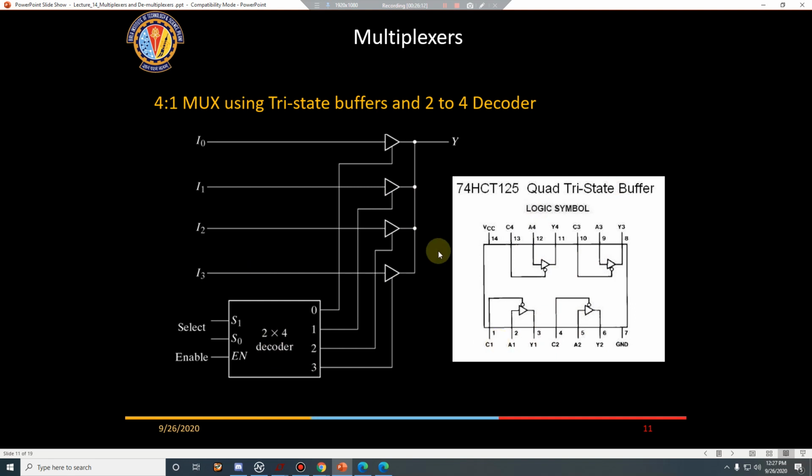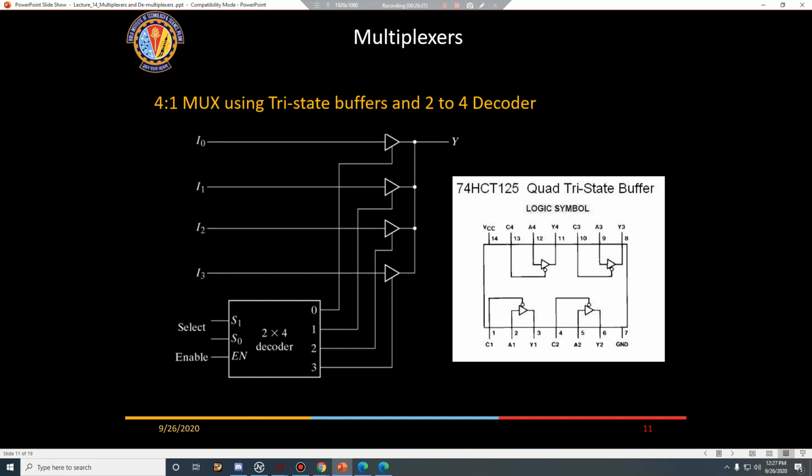And we don't need an OR gate over here because of the high impedance state on the tri-state buffer. Yeah, correct. You don't require an OR gate because these are all high impedance tri-state buffers. It is known as tri-state because it has three states. So these tri-state buffers can be interconnected, and there is no issue with that. Is it okay?